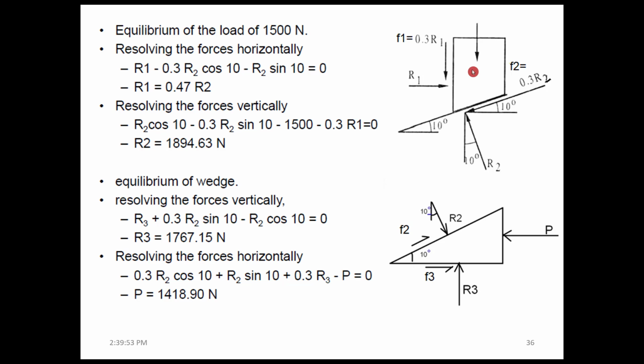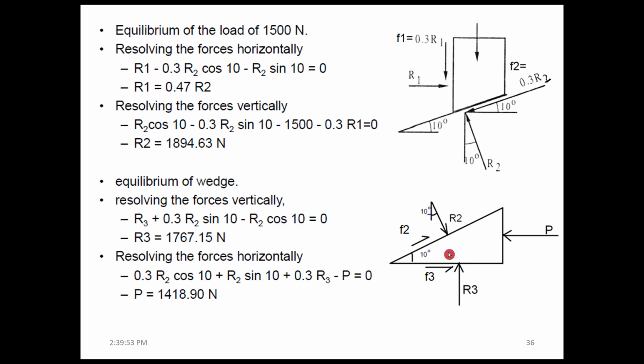Then coming to the equilibrium of the wedge. So please note that we are actually starting with the free body which is having minimum quantity of forces, right? And also we know that the load of the board is coming onto the wedge. So the wedge can be treated as the next free body and it can be analyzed. So considering the equilibrium of the wedge,